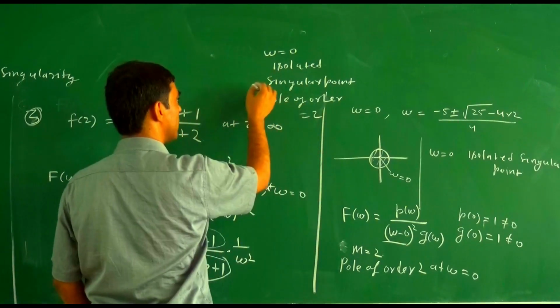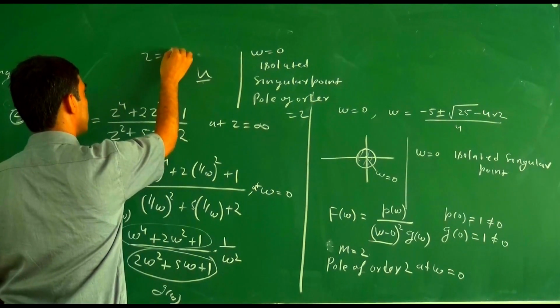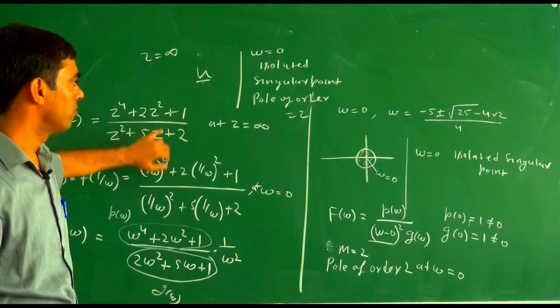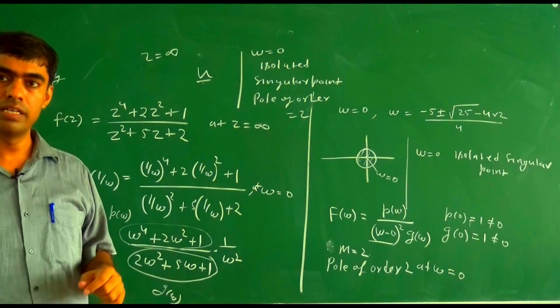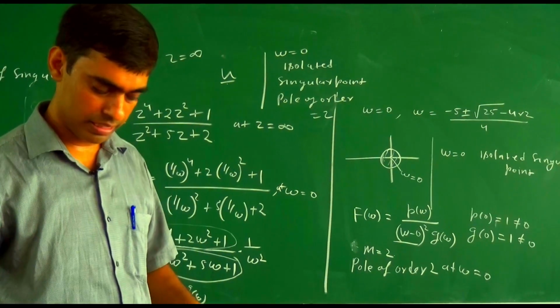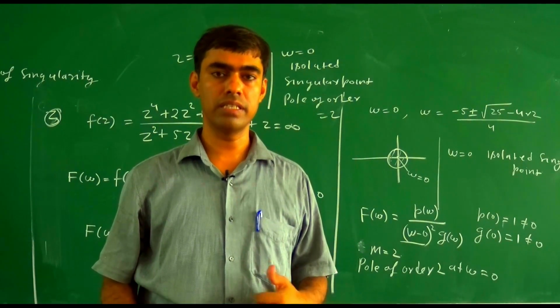This is equivalent to z equal infinity. What is the meaning of this? It means that at z equal infinity, the function has an isolated singular point and that isolated singular point is a pole of order 2. So this was all about singularity, a numerical example based on a singular point,